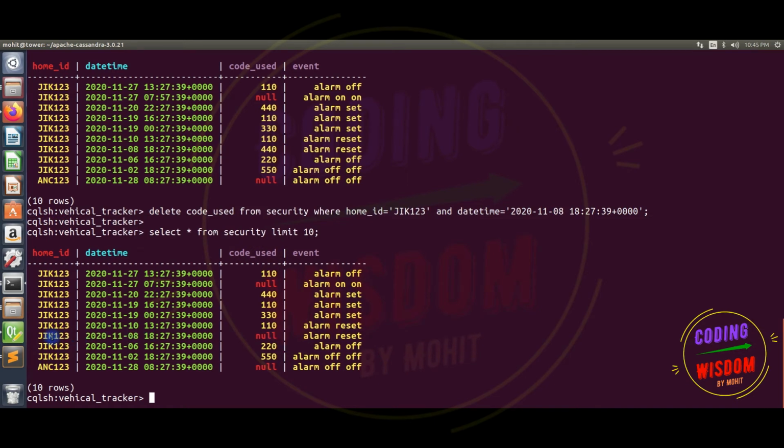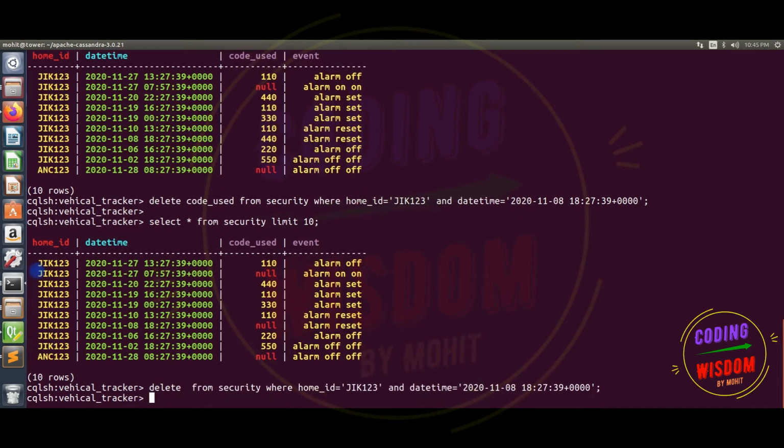If you want to delete a complete row, in that case remove the delete code use, and just use delete from. It means I am deleting a complete row. Now there is no row like this. Let's see, it's 1827.